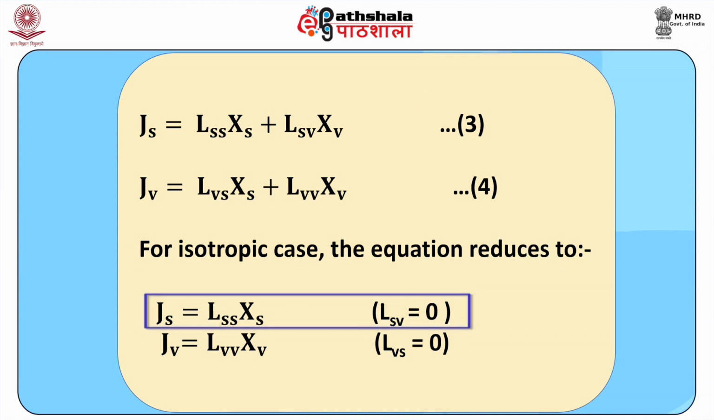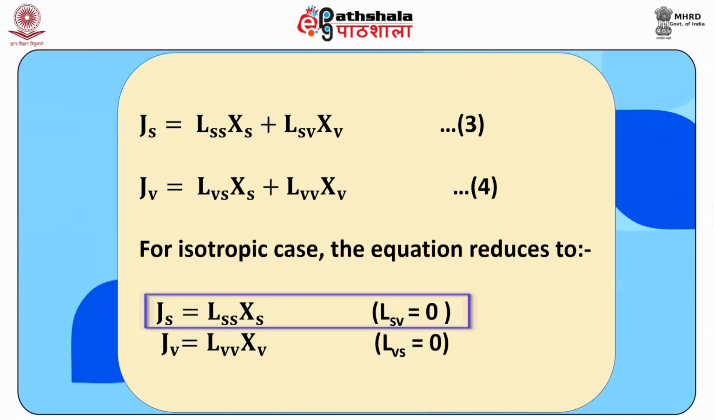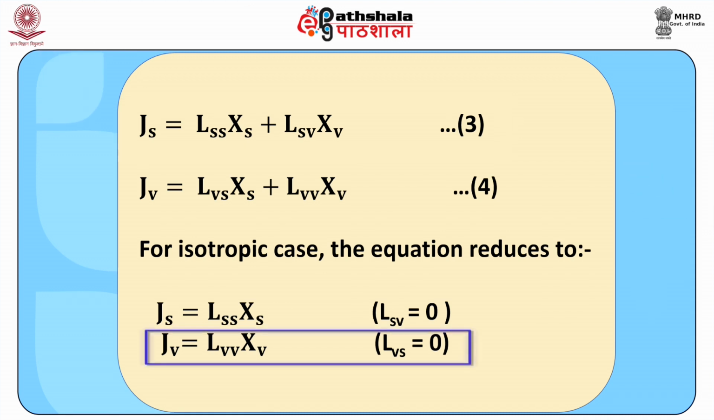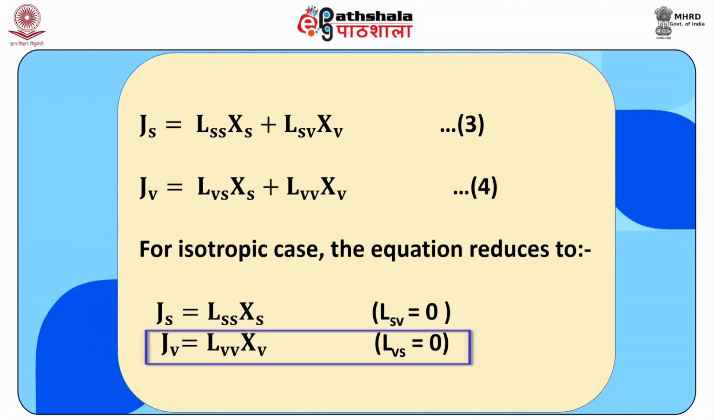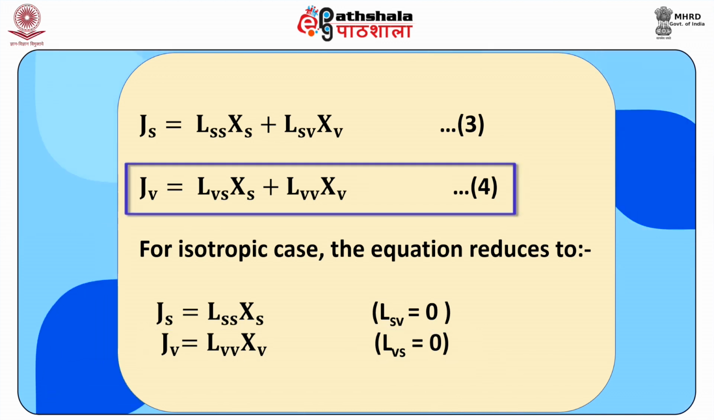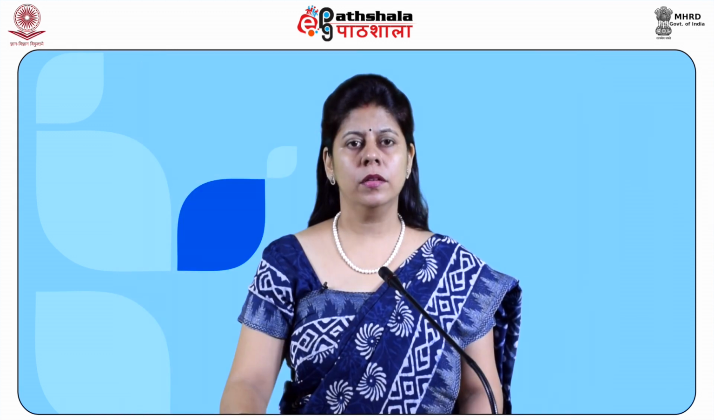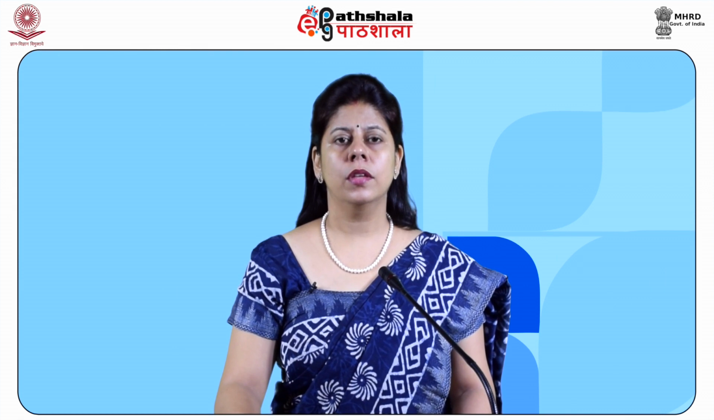Therefore, for the isotropic case, the equation reduces to Js equals Lss into Xs, since Lsv in equation 3 is 0, and Jv equals Lvv into Xv, since Lvs in equation 4 is 0, where the coefficient Lvv is scalar. The reason for this behavior is that